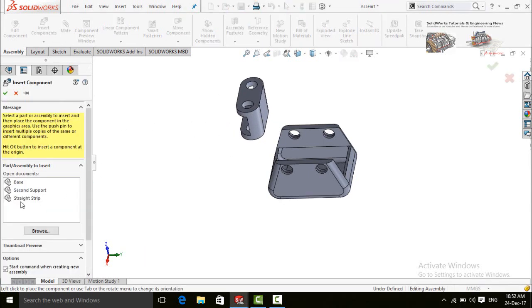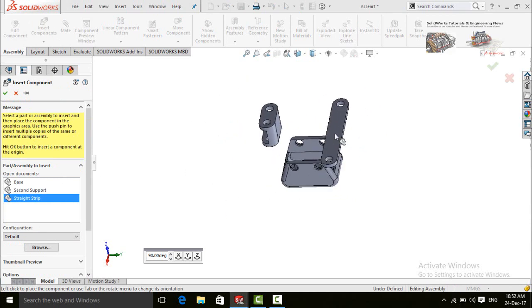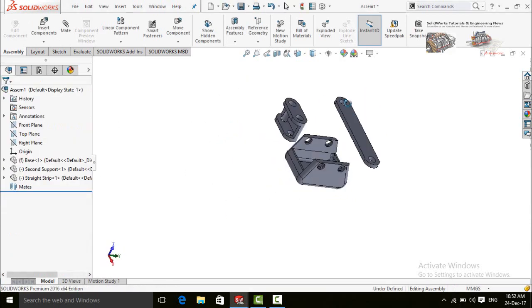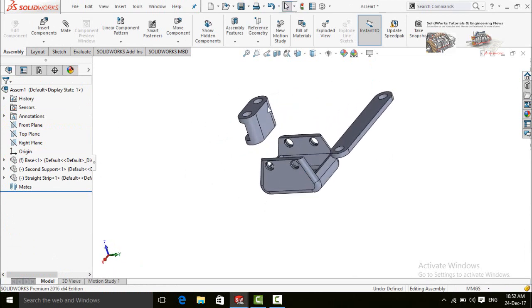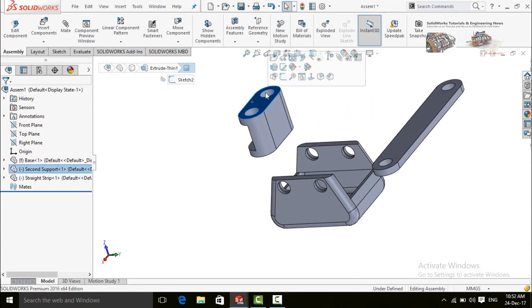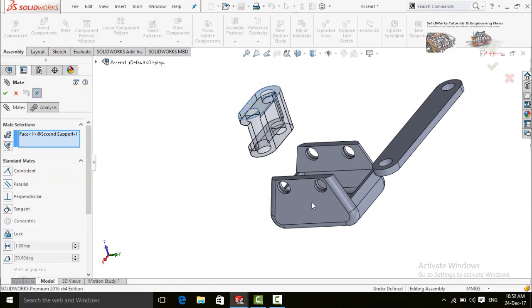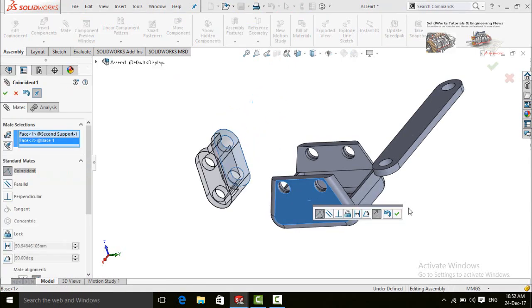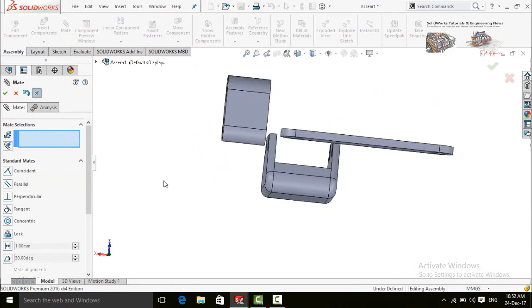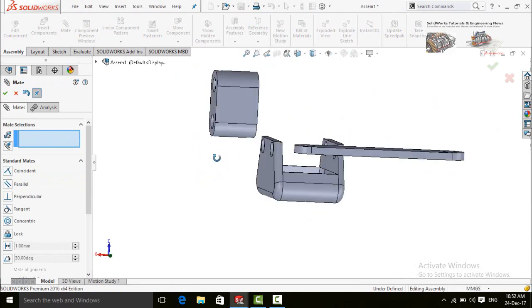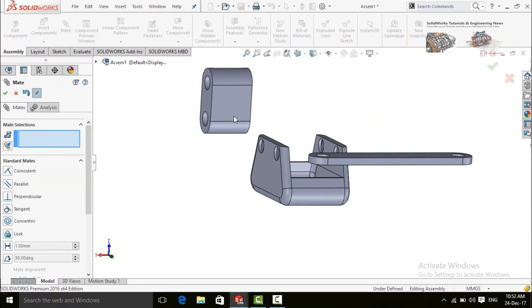Now import straight strip. Click on this face and select mate and then this face. Press OK button. So we have to reverse the direction of this mate.